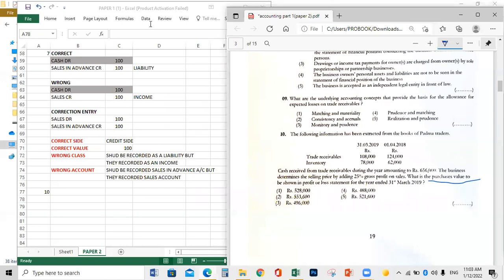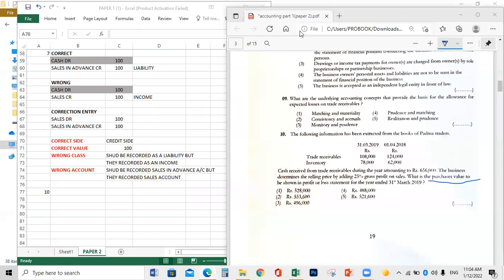So purchase will include cash plus credit purchase, so all the purchases of trade goods made during the year. You should understand there should be a reason for them giving the opening and closing trade receivable values and stuff. That means you have to calculate something. Now see here, cash received from trade receivable is 656,000. And the business is determining the selling price by adding 25% gross profit on sales,